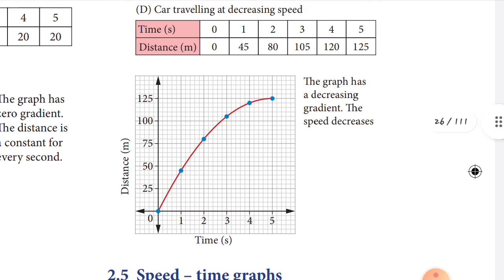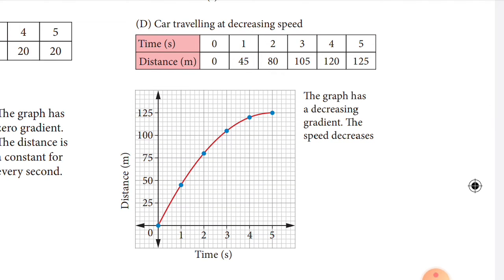See that last one. This is the last one. So the car traveling at decreasing speed. The traveling of the distance will be decreasing. This is clear to you, children? Yes. Next, move for the speed time graph. This is distance time graph over. So distance time graph, you should take time always on the x-axis, and distance always on the y-axis. This is clear to you, children? Fine. Next, move for the speed time graph.